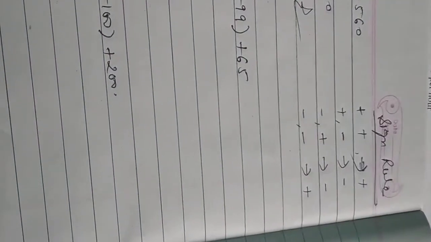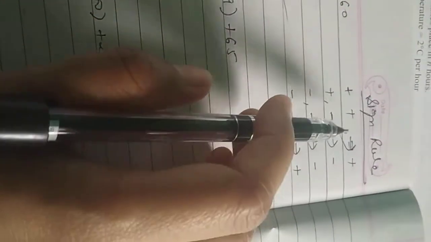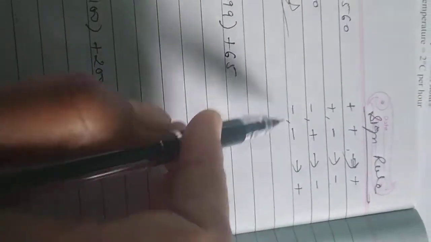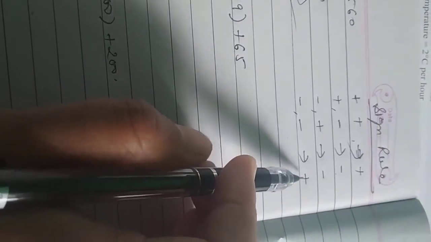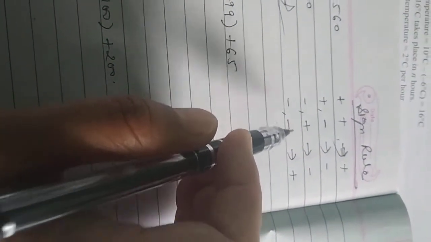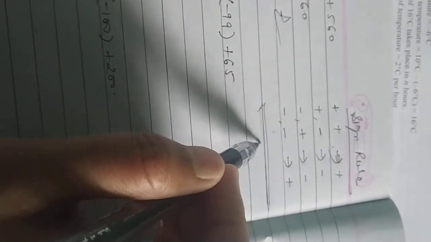This was simple. So sign rule, you know or not? This is the sign rule for integers. Plus plus, suppose both numbers are in plus, we will get plus. Minus minus, minus. Plus minus and minus plus, minus. But we give the sign of always the bigger number whenever we are doing addition or subtraction. Remember this. All these things you must have done in class 6 also.